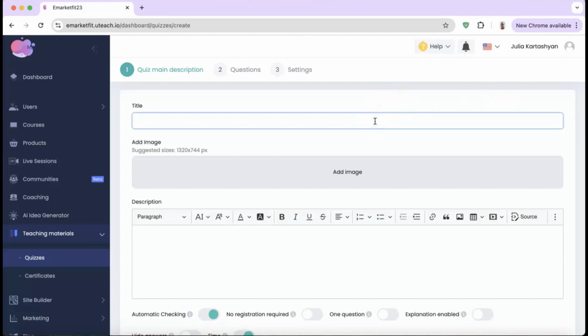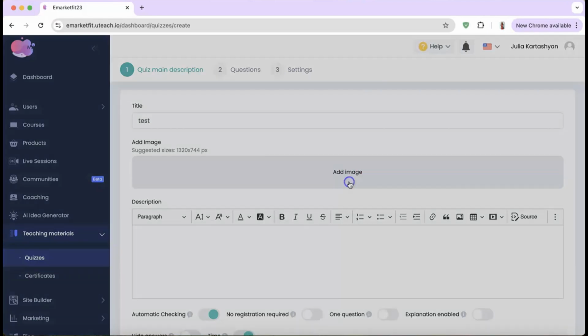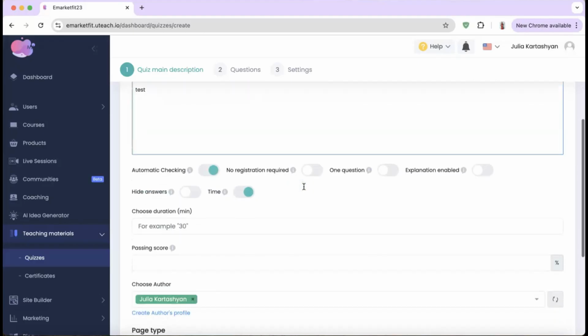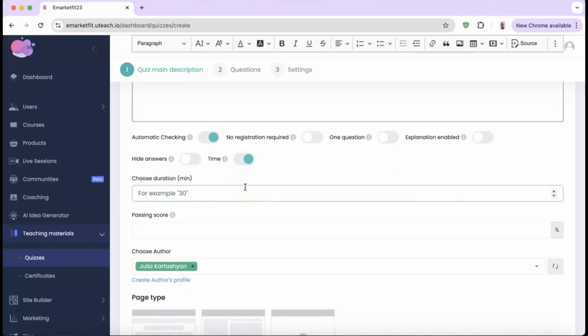We add a title for our quiz, a descriptive image, and a description. We can activate automatic checking if we have multiple choice or one right answer. We can remove registration so that everyone without registration can take the quiz. We can activate one question per page. We can enable explanation. We can hide right answers, and also we can activate time, which means that we will